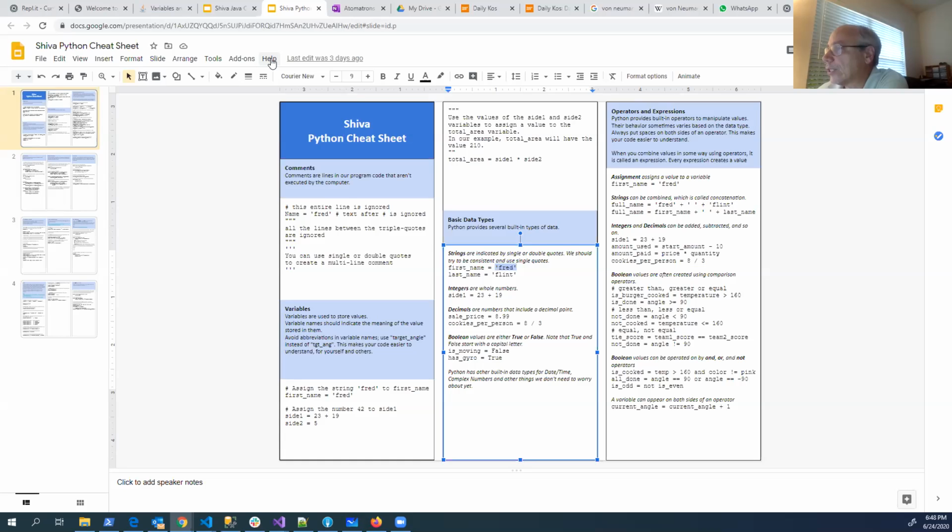So let me ask you to write a program that will print out your name and the area of a rectangle.